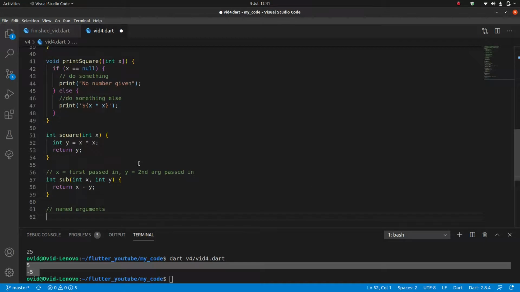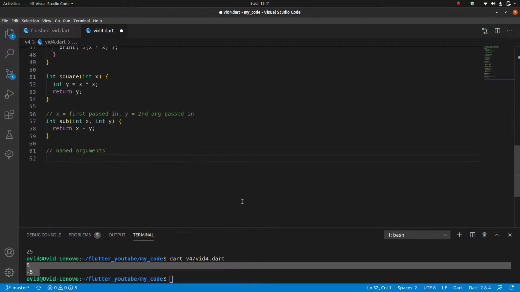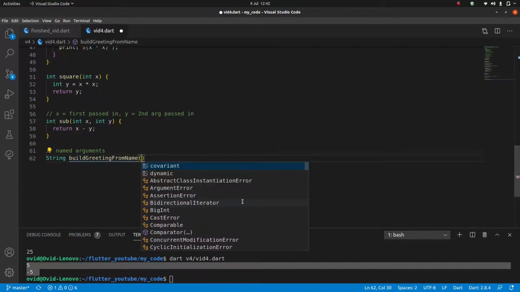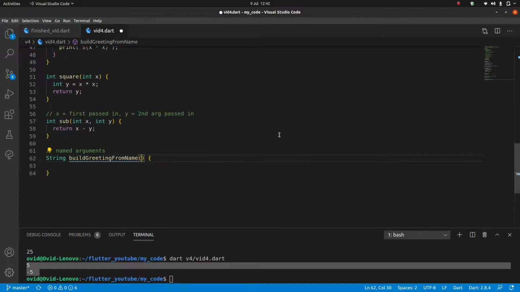I can use the say hello function in a more interesting way. I could say string buildGreeting from name. And by using these curly brackets here inside the regular brackets, I can pass in named arguments. And I do that the same way I did before. I'll just put the type with the name of the argument and then a second one. So now I have 2 arguments, greeting and name, and I'm going to build an intermediate value, temp string,